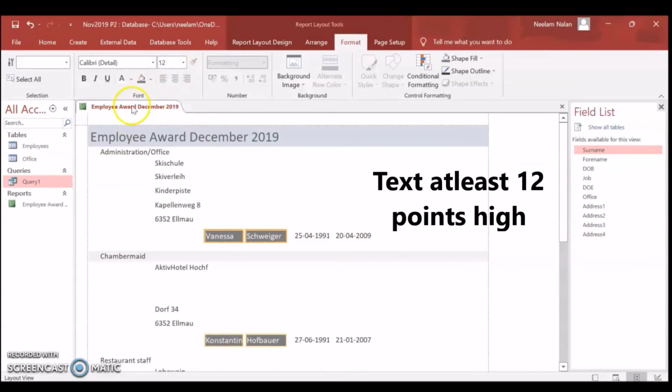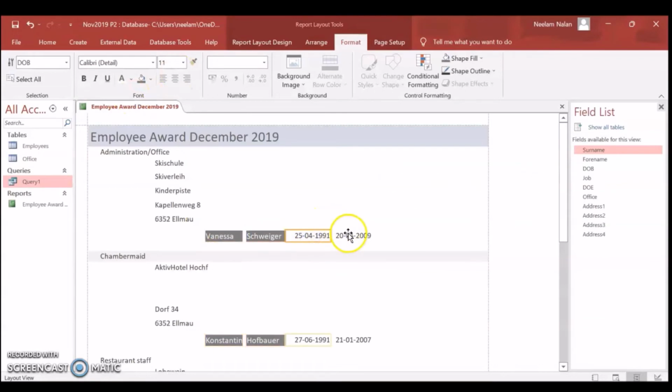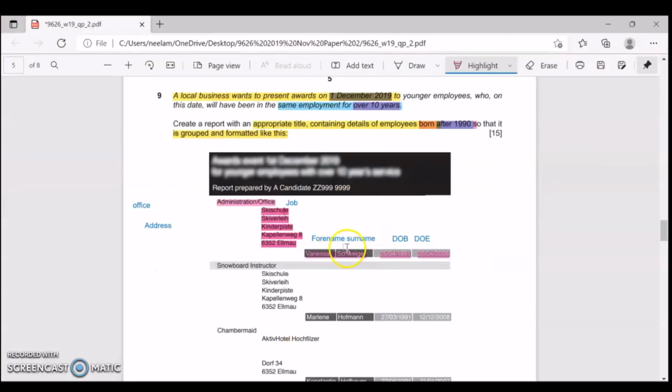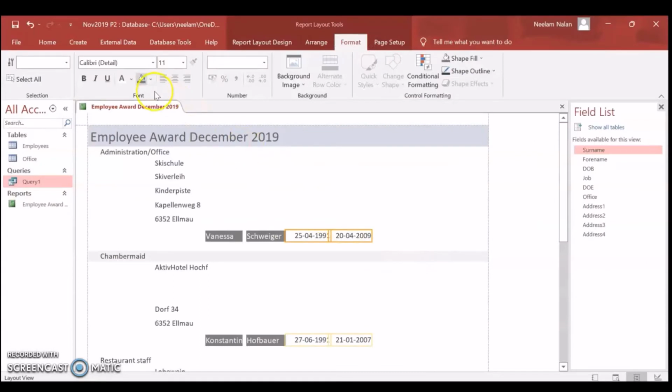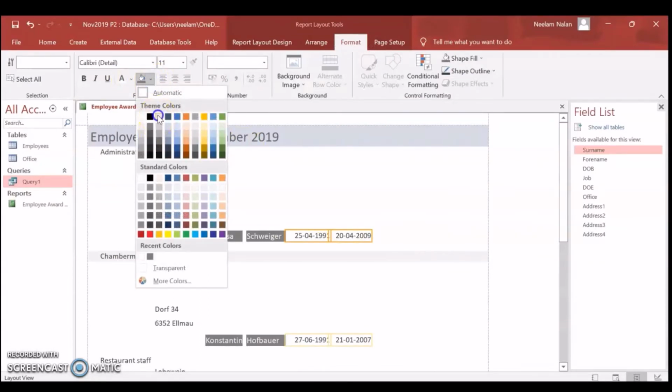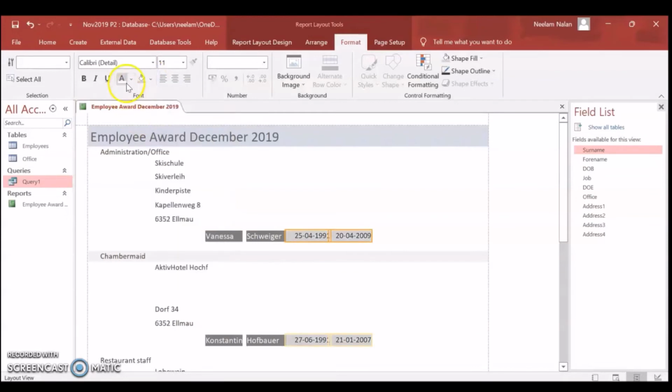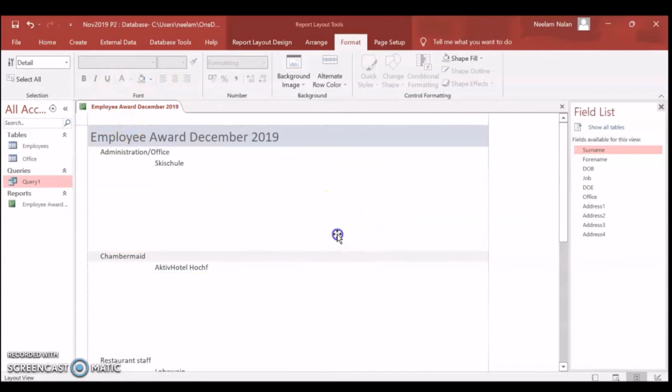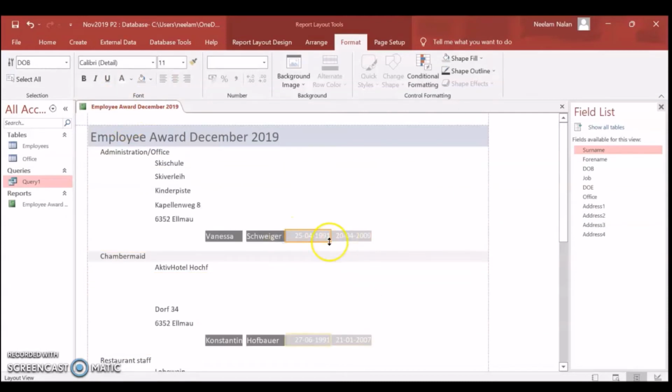For DOB and DOE, they are filled with light gray color, font is white. Again, font size should be 12 at least. We'll select all the fields and make the font size 12.